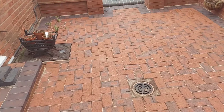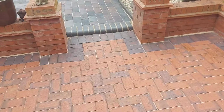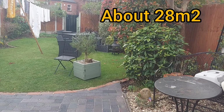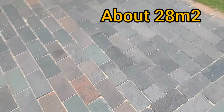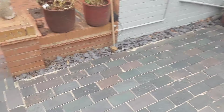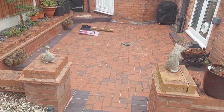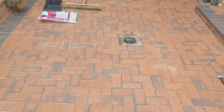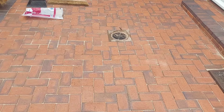I will measure the area, and I will pop a little thing here to say the size of it. But these gaps are quite big. Look, some of these were quite big gaps, so it took quite a bit of sand on this side. But yeah, and it must be dry. If you try and put it in wet, it'll just bridge the gap, but then when it dries out, it'll fall in, and you'll have big gaps and